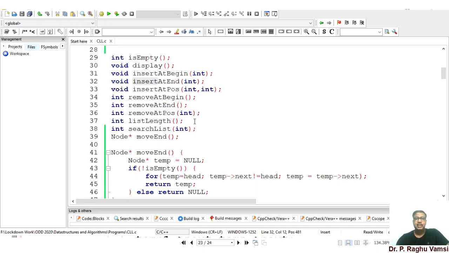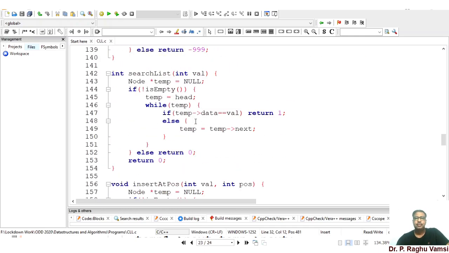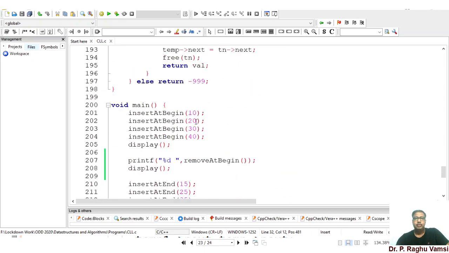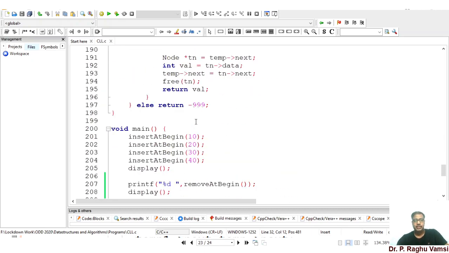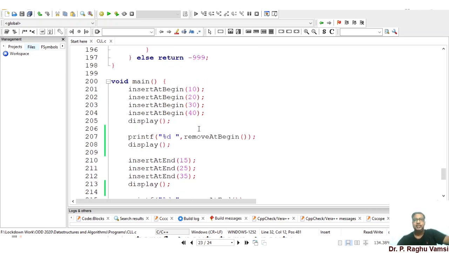Now, like the single linked list program, your task is to create a menu which takes input from the user and, based upon the user input, goes for either an insertion or a removal operation. For that, you need to use a do while loop and a menu driven approach, and keep menu items like 1 for insertion, 2 for insert at begin, insert at end, and like that, and implement the full length code. The full length code I have already implemented. The only thing you are supposed to do is the full implementation of the main method.